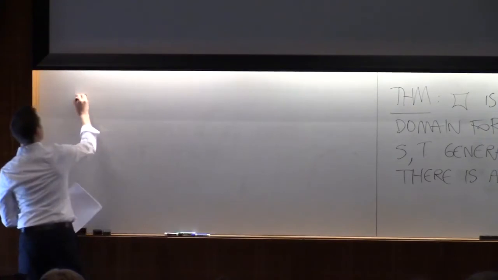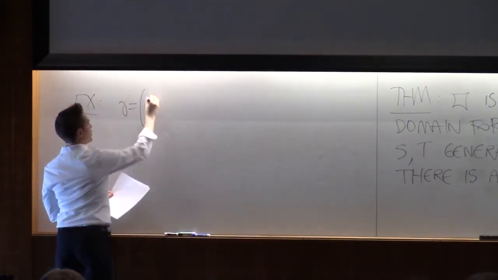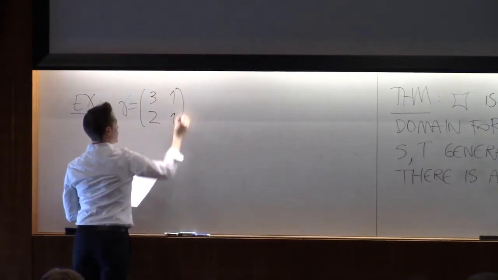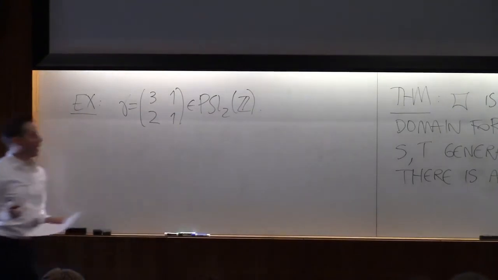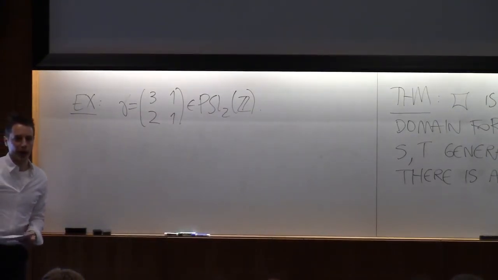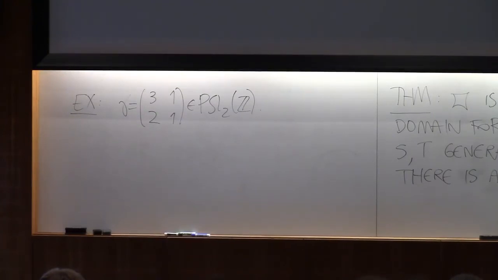Let's do an example. An explicit guide's better than trying to describe the algorithm in steps. So here is a 2 by 2 matrix. Its determinant is 3 minus 2 equals 1. Prove to me that this belongs to the group generated by S and T.